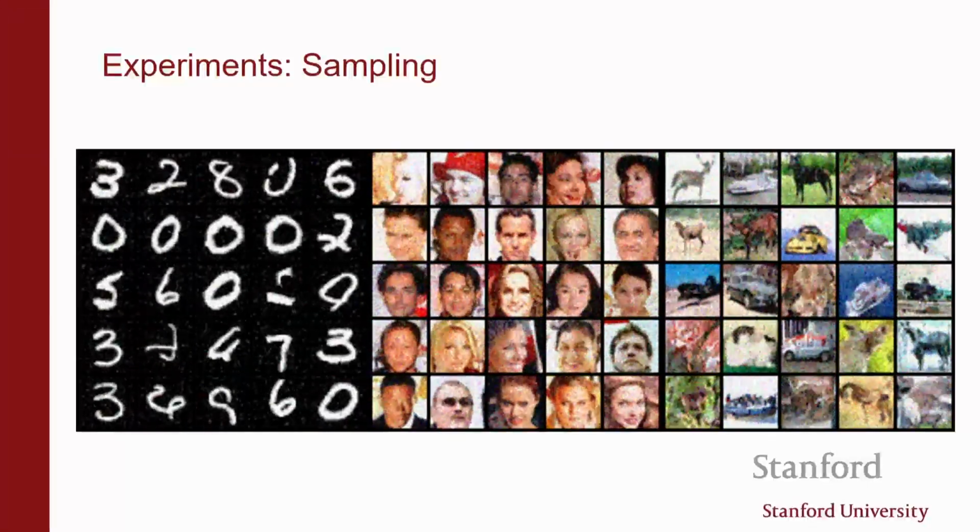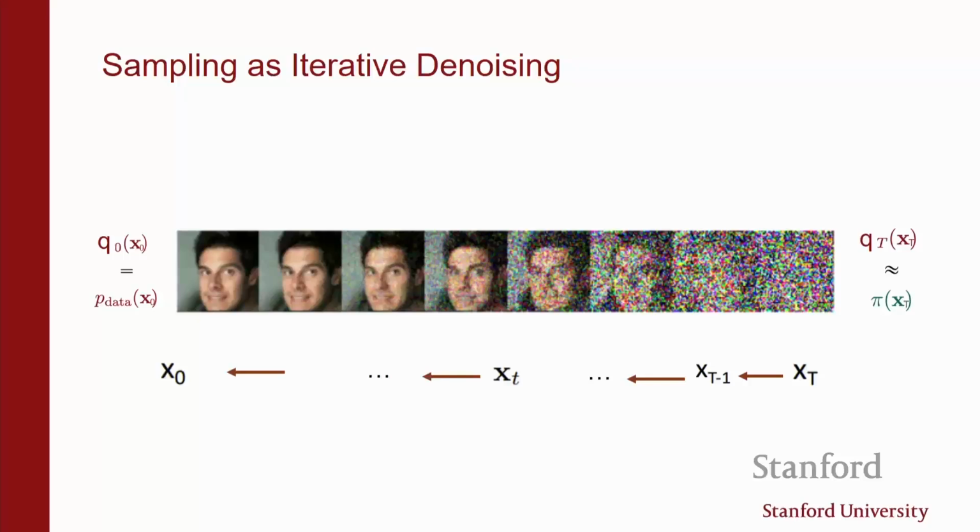So now that this was all recap, now what we're going to do is we're going to start to think about this process as a variational autoencoder, right? So if you think about it, what's going on here is that we are going from right to left. If you think about multiple versions of the data distribution that has been perturbed with increasingly large amounts of noise, what we're doing is we're starting with pure noise, and then we are iteratively removing noise by running